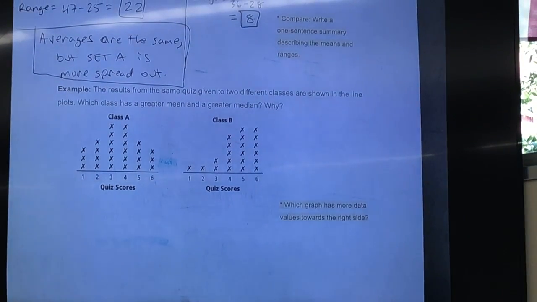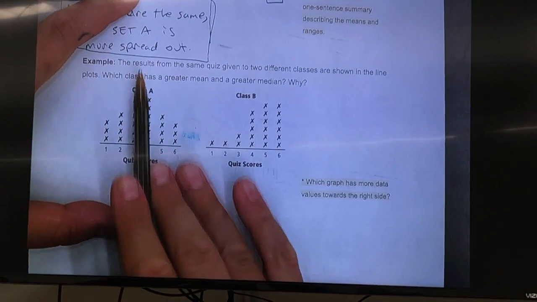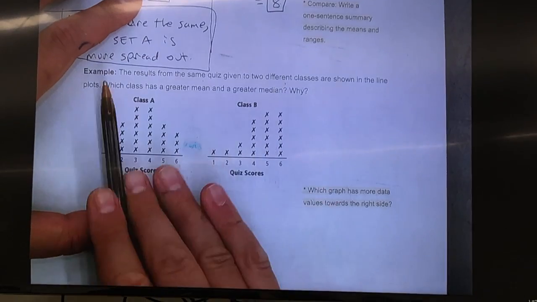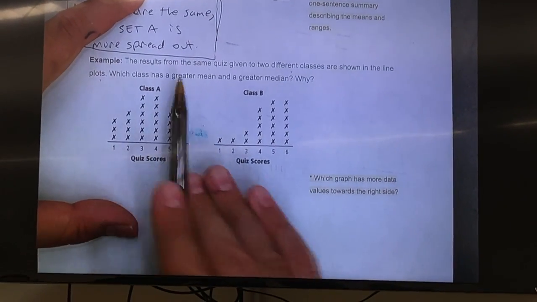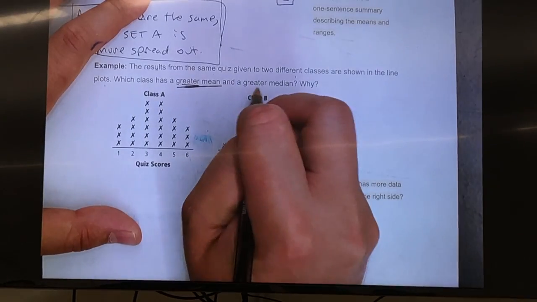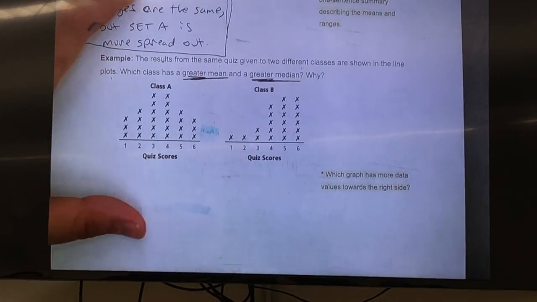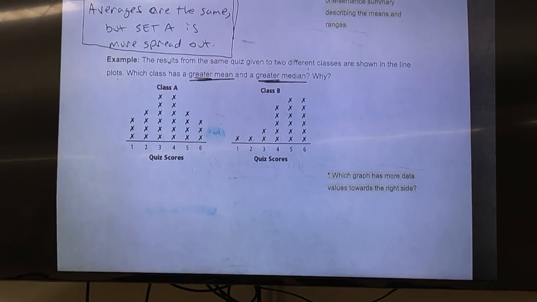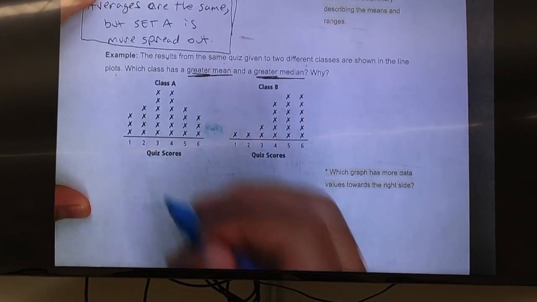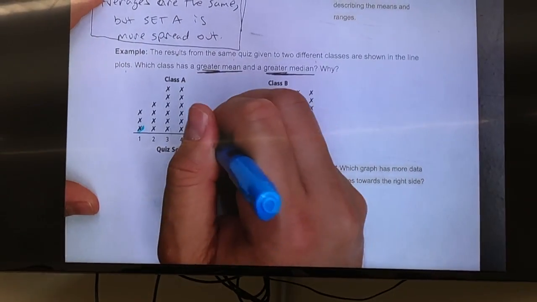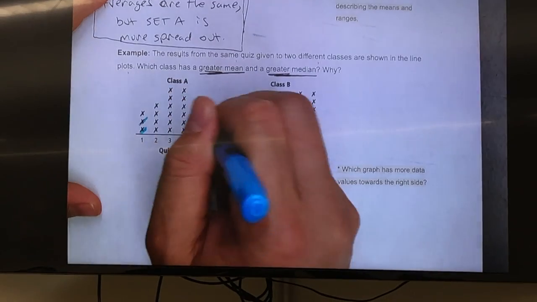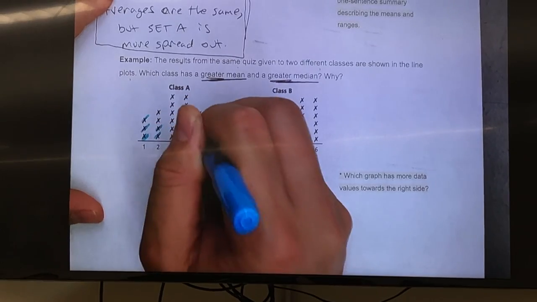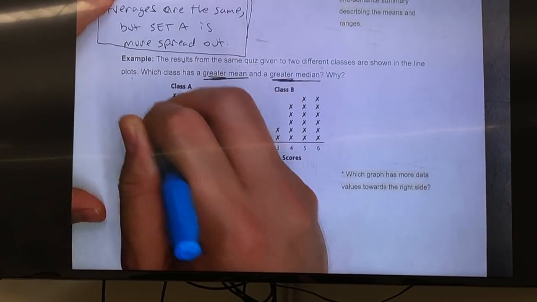Okay? Okay, so last example. The results for the same quiz given to two different classes are shown in the line plots. Which class has a greater mean and greater median and why? All right, so I'm just going to use a highlighter to find the median. So in our class A, I'm just going to go left, right. So 1, 2, 3, 3, 4, 4, 5, 5, 6, 6, 7, 7,